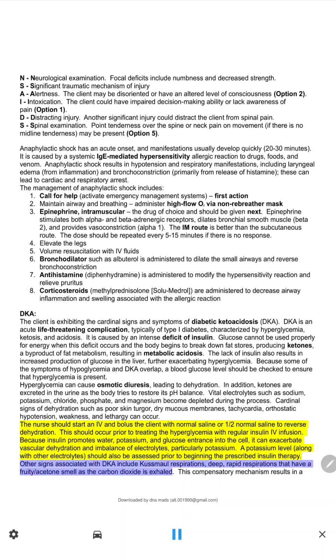Other signs associated with DKA include small respirations, deep, rapid respirations that have a fruity, acetone smell as the carbon dioxide is exhaled. This compensatory mechanism results in a